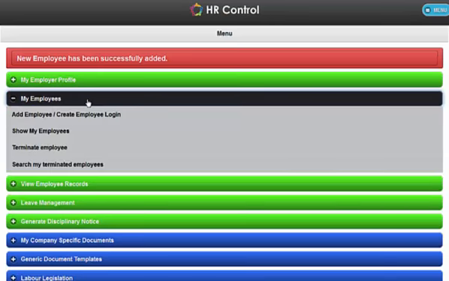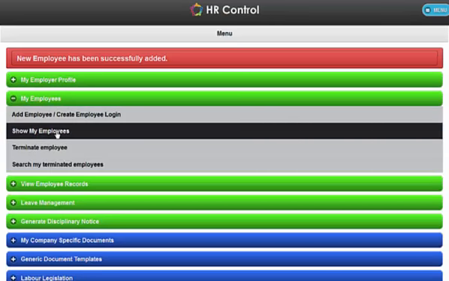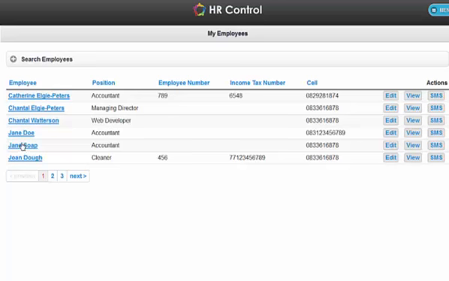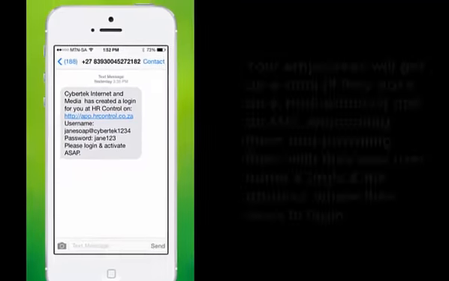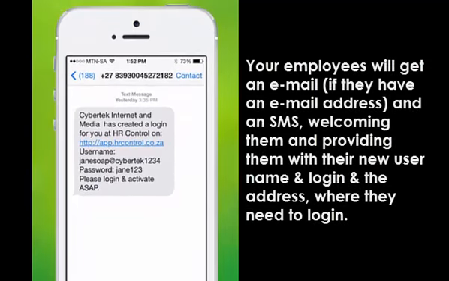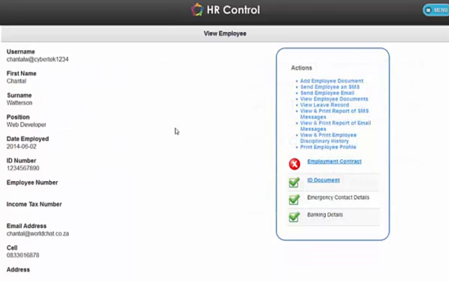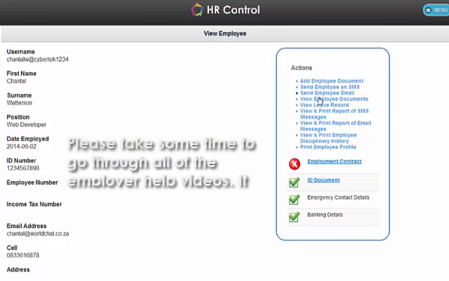And if you go back to your employees now and you go to Show My Employees, you will see that that employee has now been added to your employee section. The employee will also get an SMS at this point, sending them their login details and telling them where to log in. From within the individual employee's page, you will see that you have a number of actions that can